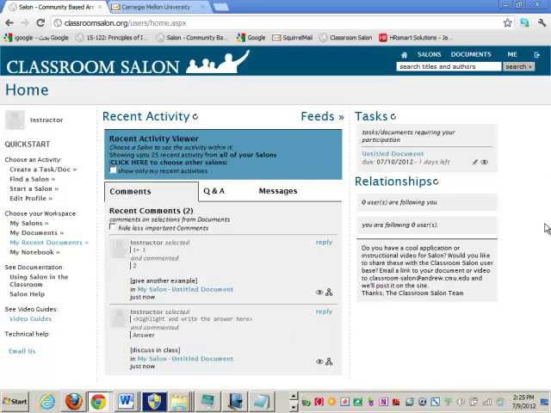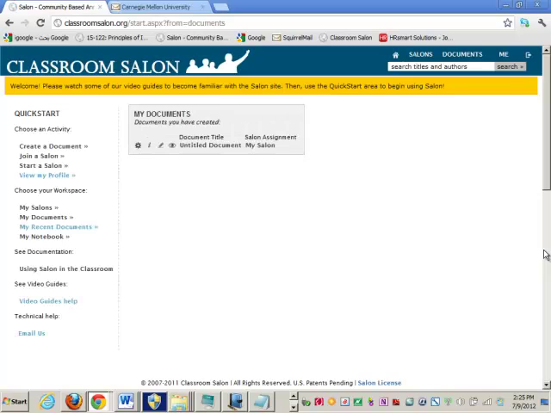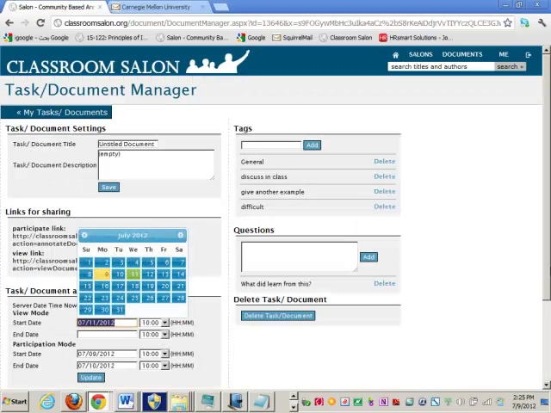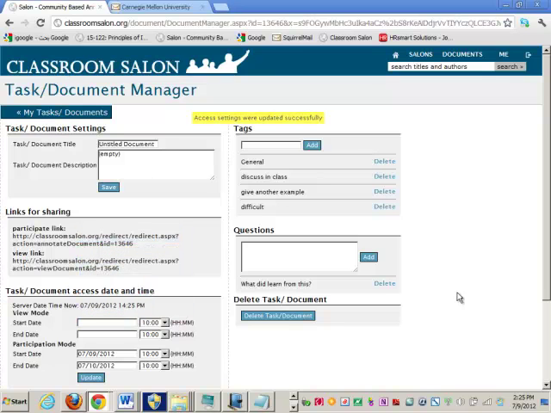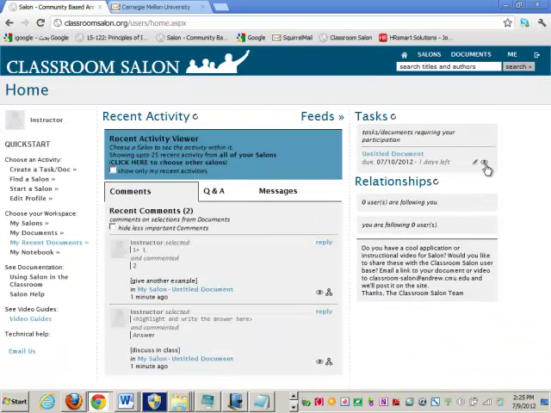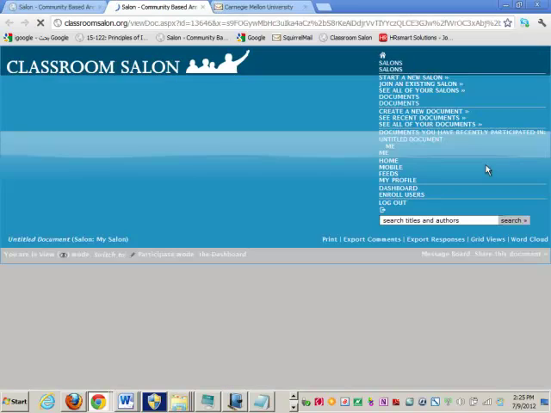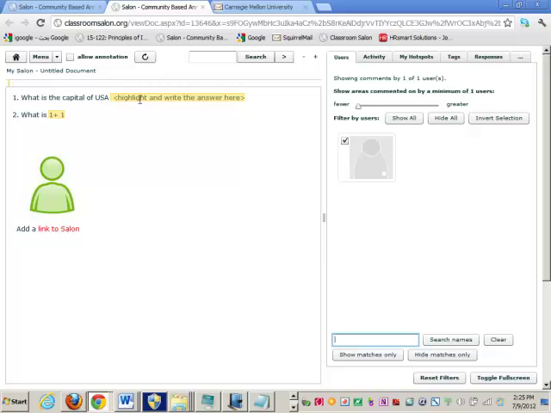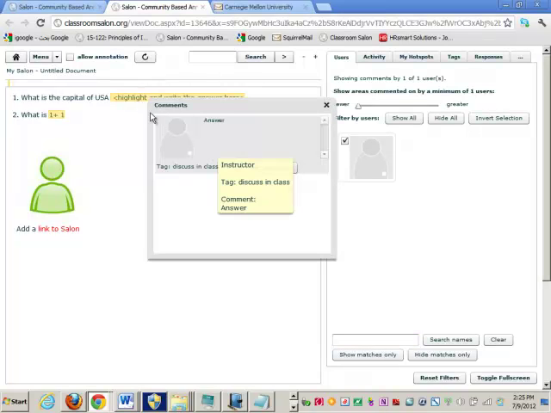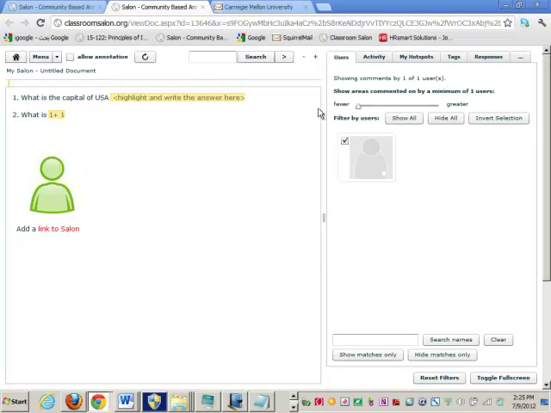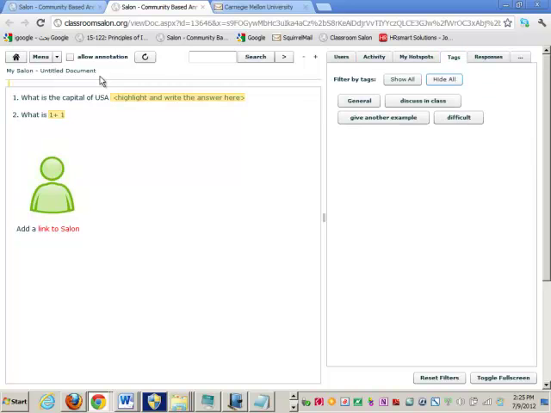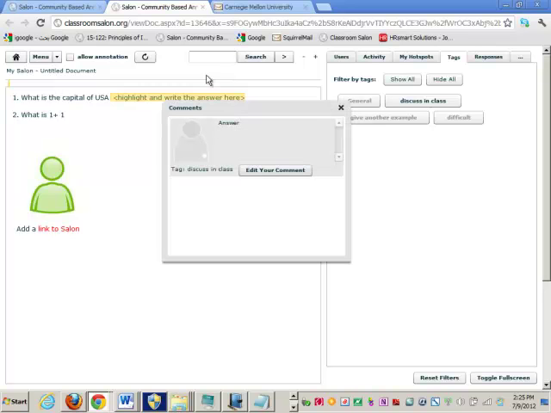But at some point when you decide that you go to My Documents and you go to the Document Manager and you say, okay, let's remove this and update that. Now what that means is that the task is now open. So when the students click here, they'll be able to go see the task, and they'll be able to click and see what the others have said. Now notice that you can edit your comments, you can do many other things. Now one other thing you could do is that when you go to the tags, you can hide all the tags and you can look at the things that the students want you to discuss in class. So you can just choose that and take a look at it